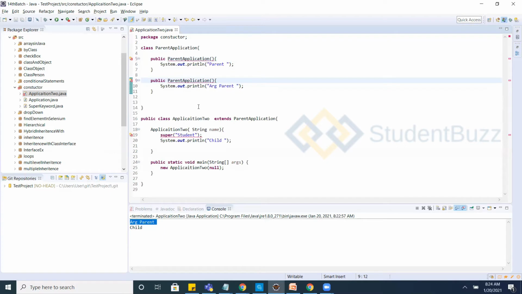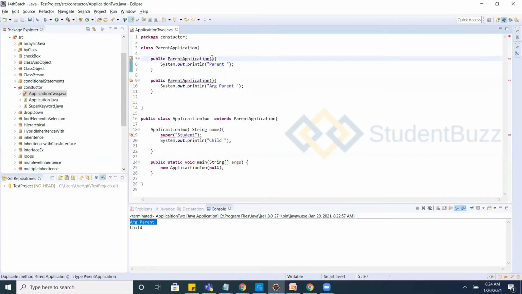See what it is saying, the same constructor, right? Same constructor, with arguments inside. By default there won't be a return type as well. So I want to overload.